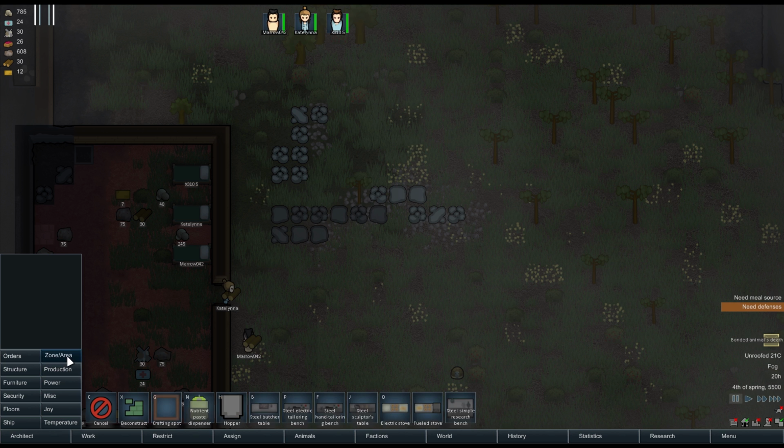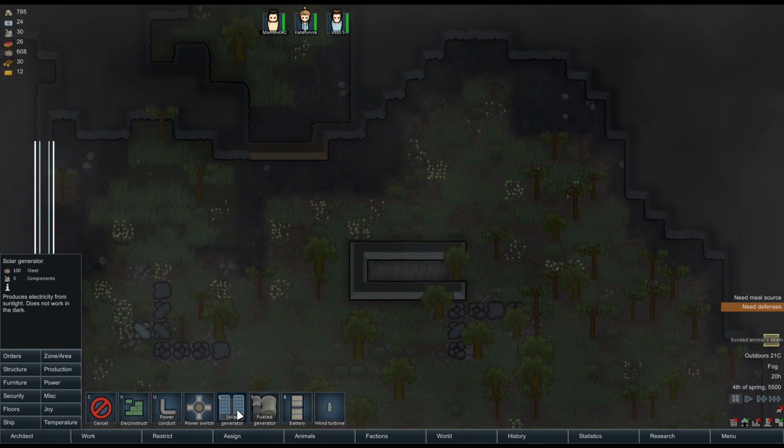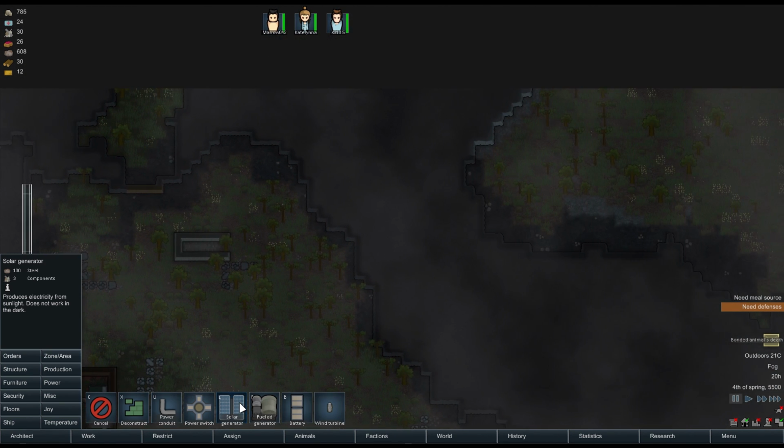Do we have enough for just one little solar generator? 100 steel, 3 components. Yes, we do. A fuel generator is the same. Fueled by hand. Okay, so I want the solar generator to be somewhere that's kind of near to